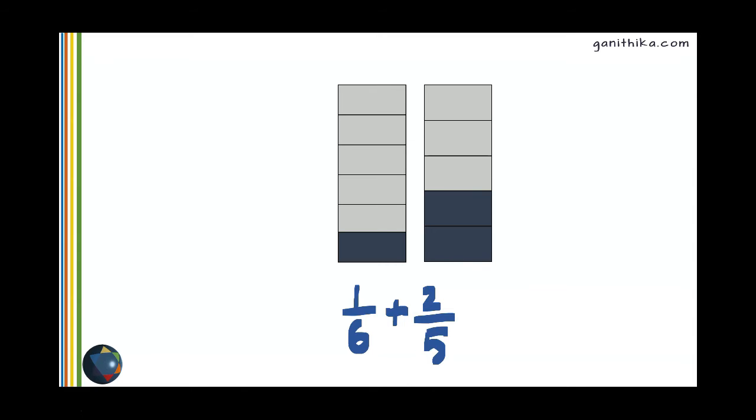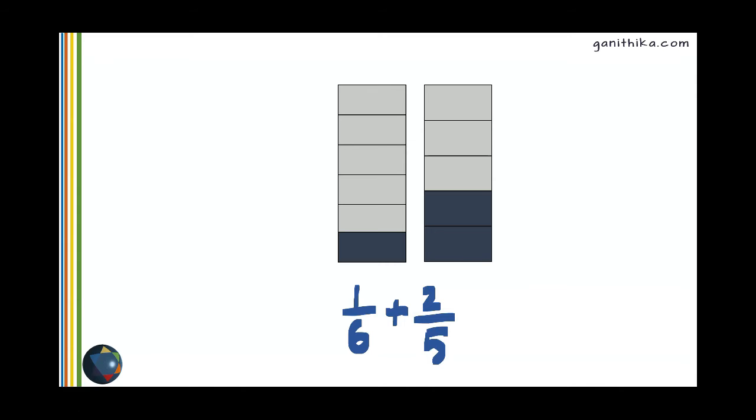Since the sizes of the boxes from the first set and the second set are not the same, you can see that in the first set the shaded box is much smaller than one shaded box in the second set. Therefore, we cannot overlap as we did in the previous example. Therefore, what should we do? We should make them into equal